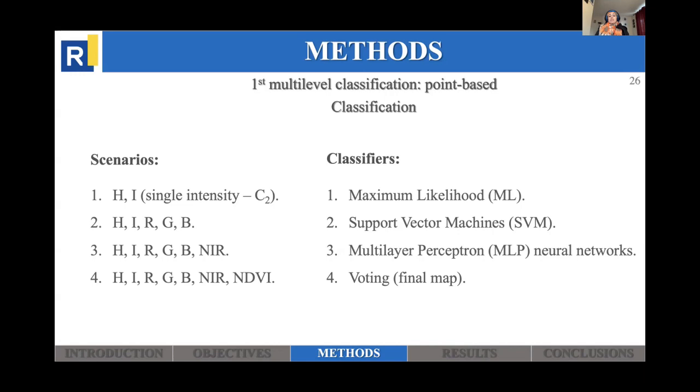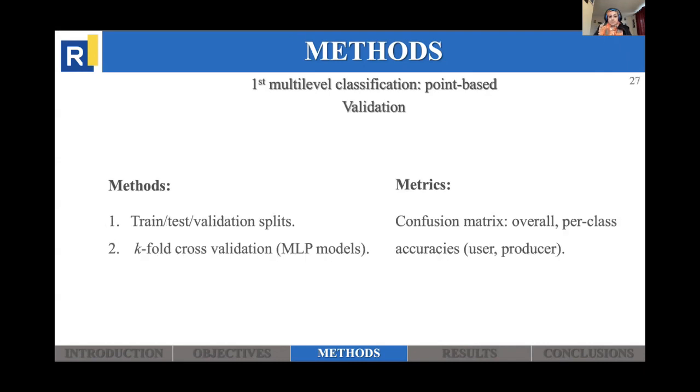So in this multi-level classification, 4 classifiers were tested: maximum likelihood, support vector machine, multi-layer perceptron neural networks, in addition to a voting technique to produce the final map. The classification was validated using train, test, and validation data splits, in addition to k-fold cross validation. And the metric is the confusion matrix, with overall and per class accuracies represented by the user and